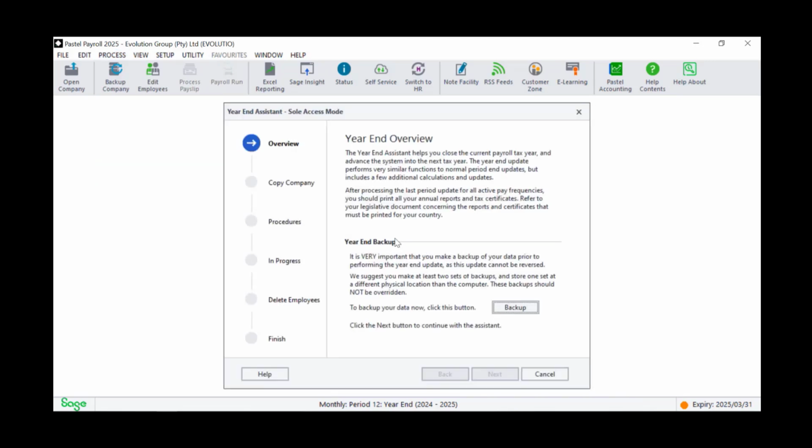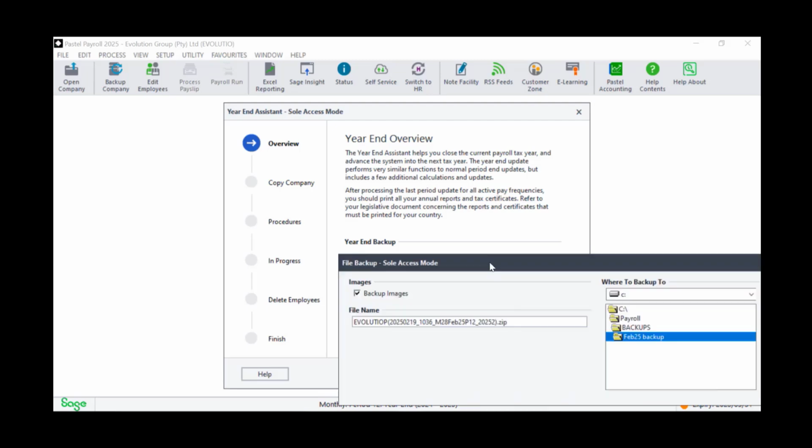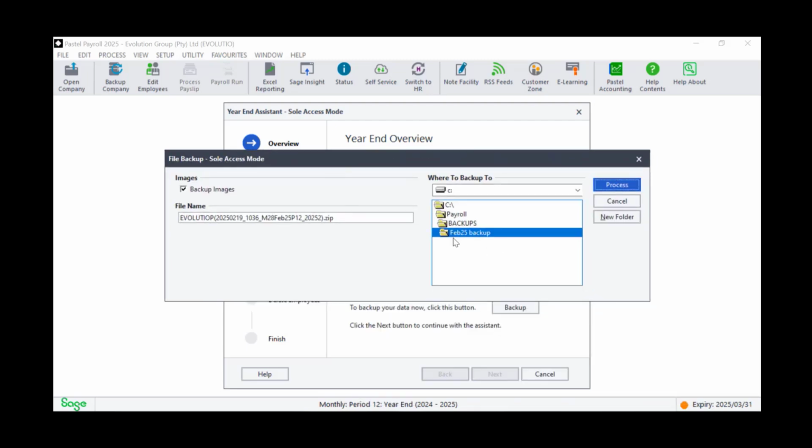Very important to read the overview so that you can understand what is happening or what this process entails. You'll see that I'm not able to click on back or next because I haven't made my year-end backup. So once you click on backup, again, I can change the naming here,